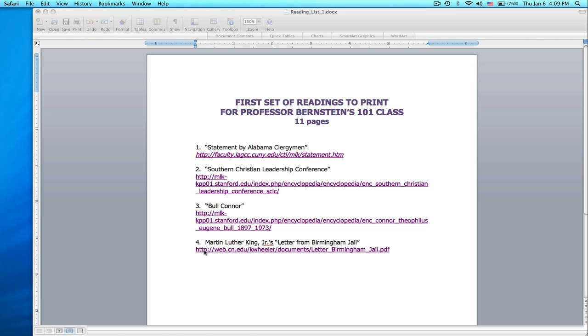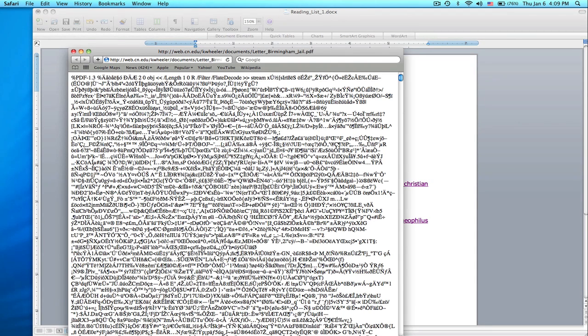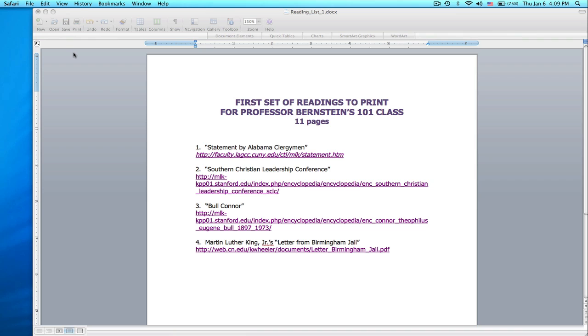Make sure that you can access it and print it, because right now on my computer, I think this is just a problem with my computer, but the way it's coming up is like this. Clearly, I did not assign you to read this kind of text. So you don't want to find out the night before a reading is due that your access to it is messed up. So try clicking on it. It should come up and be totally readable for you. Print it out. All told, it's 11 pages, or